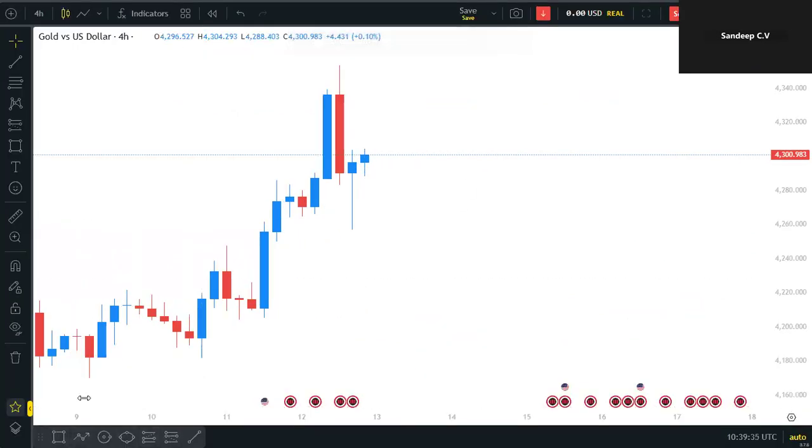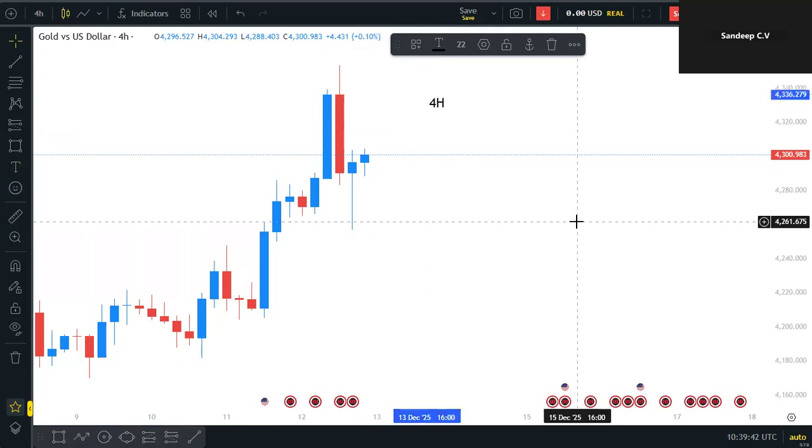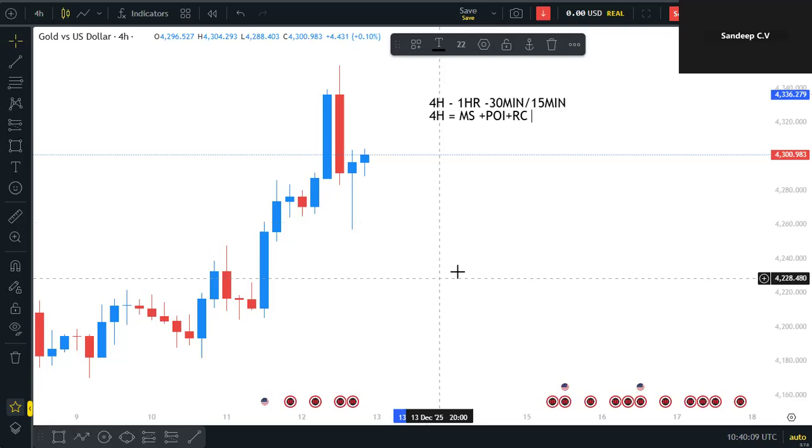If you still remember, we are still dealing with the scalper time frame, which has to do with 4 hours, 1 hour, and 30 minutes slash 15 minutes. We already know that our 4 hour is for market structure plus POI plus rejection candle. Let's put it as RSC. In the last class, we dealt with